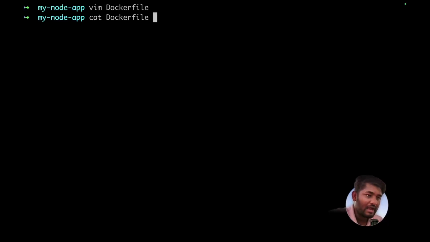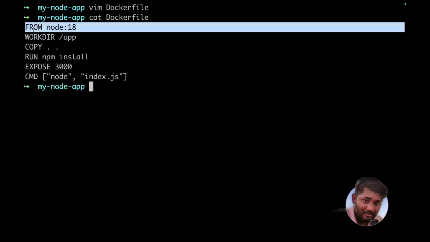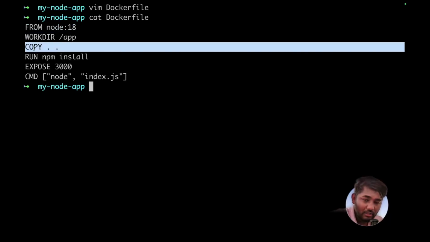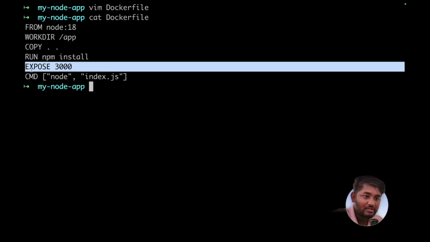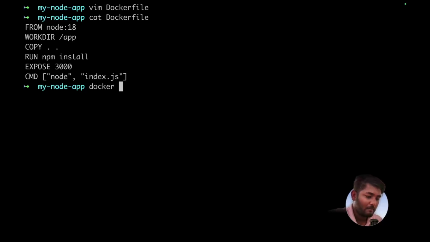Now let us build the docker image out of this Dockerfile. If I do a cat over here, you will find the entire Dockerfile. So what we did, we took a base image of node 18, then we defined the working directory, we copied all the files to /app, then we executed npm install, we exposed port 3000, and then finally we executed the command node index.js. So docker build